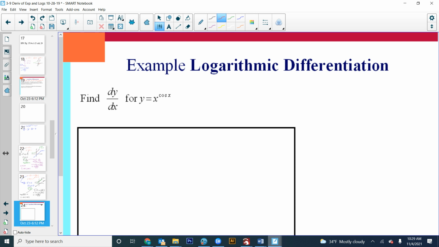Here's our first example. X to the cosine of x. I don't know that rule. It's not an x to a number. It's not a number to an x. It's an x to a function of x. Logarithmic differentiation. Do not confuse this with the derivative of a logarithm. Do not confuse this with the derivative of an ln or a logarithm if it's just the rules we learned